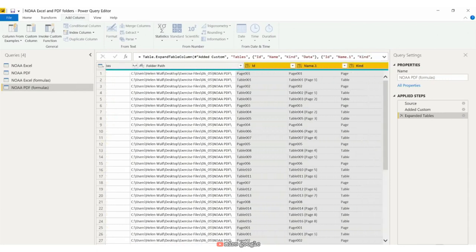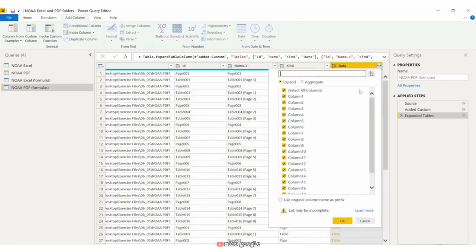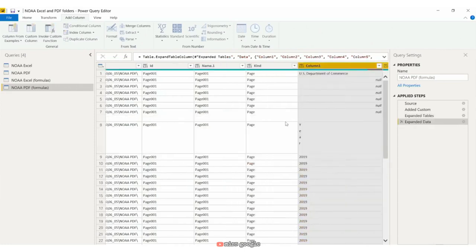What we see now is all the tables within the PDF file. To expand the data from all the tables, again, we click on the diverging arrows in the data column. So now there we have it, a combined data set of all the tables in multiple PDF files. From there, we can remove that needed column, promote the headers, or filter out any duplicated names for the column headers in the fields. Now we know how to use formulas to read the tables in files and combine them